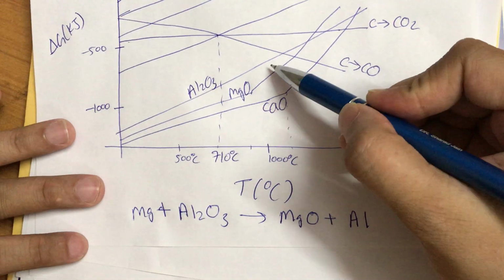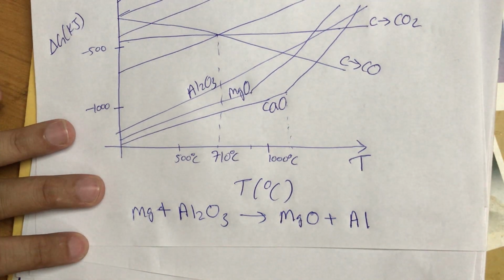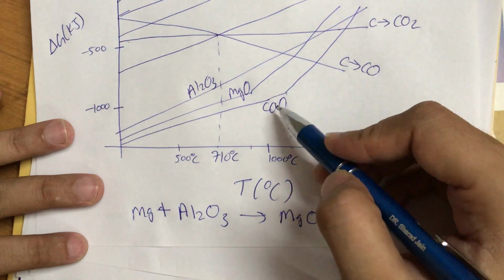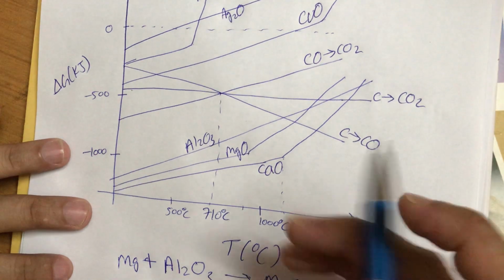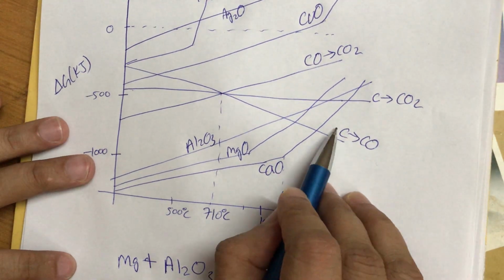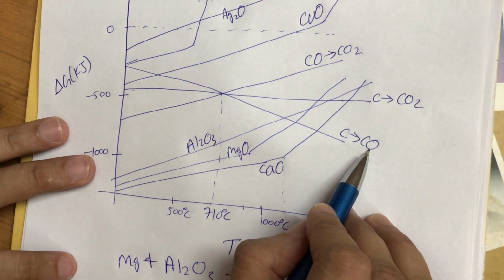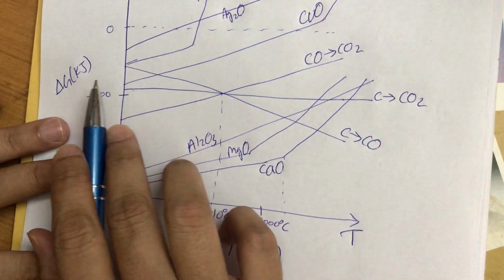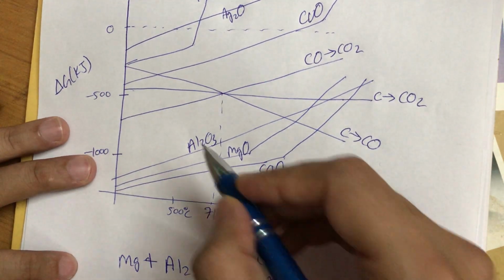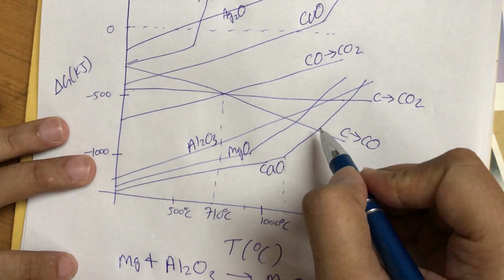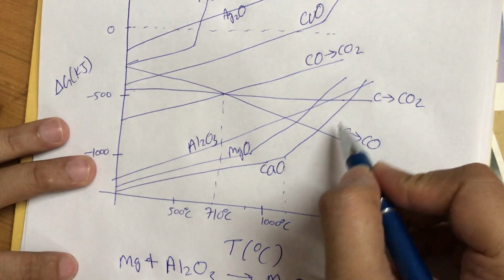Clear? At any given temperature, the difference between these delta G lines will be the delta G for such a reaction. Clear? Now see, in this Ellingham diagram, we have the advantage of the negative slope of carbon. Carbon converting into CO has a negative slope, and carbon converting into CO2 has zero slope, so they are not increasing with increase in temperature. All the other lines are going in the upward direction. At some low temperature or maybe at some high temperature, they will cross these lines.